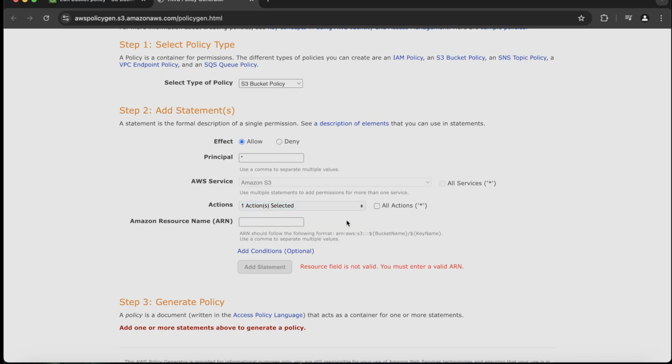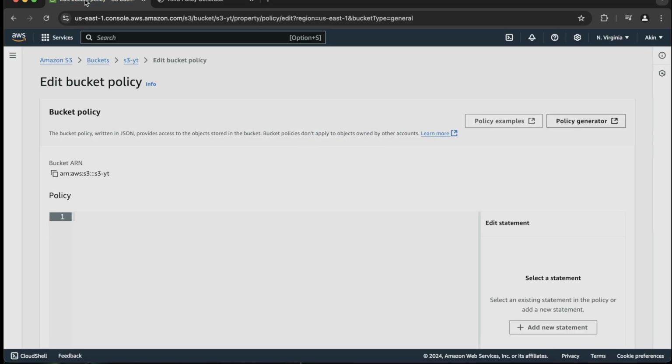So after we do that, make sure all actions is not checked. So both of these should not be checked. Awesome. So now for the Amazon resource name, let's come back here and